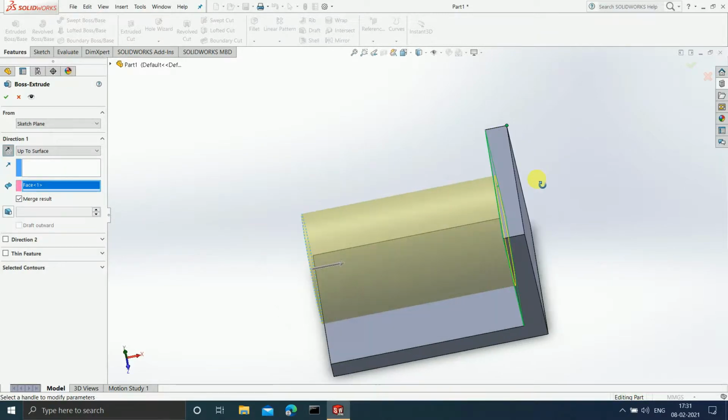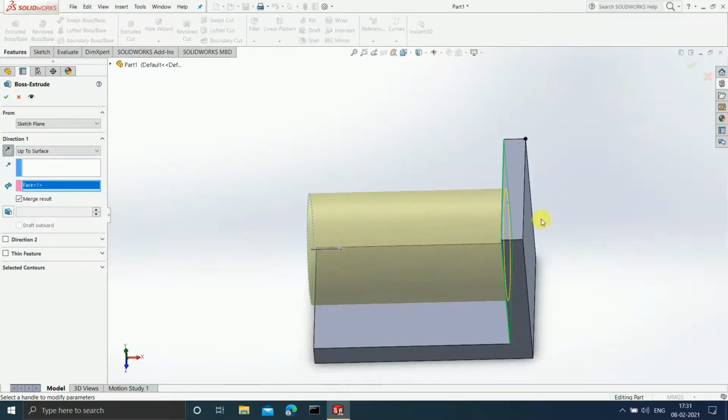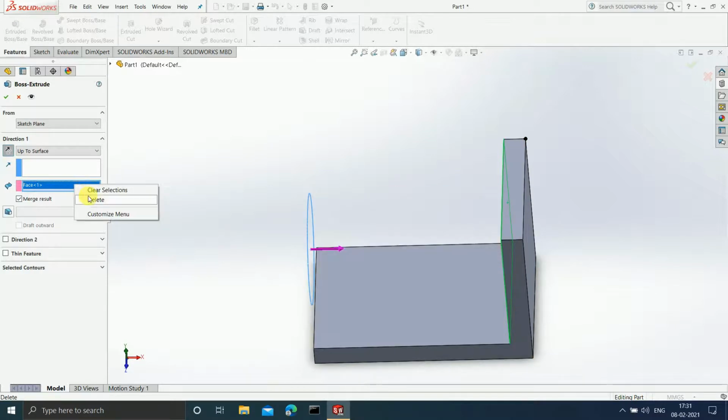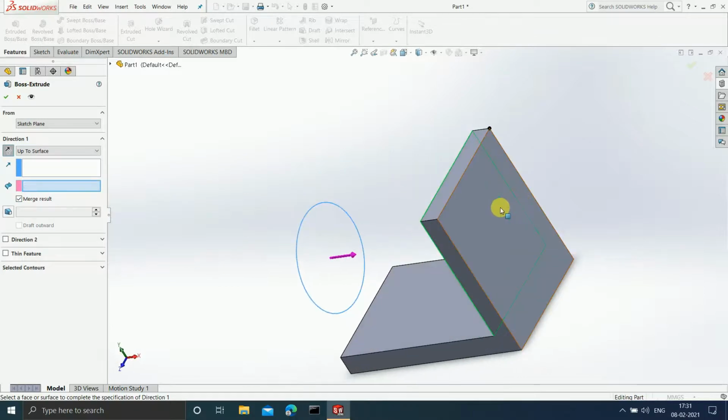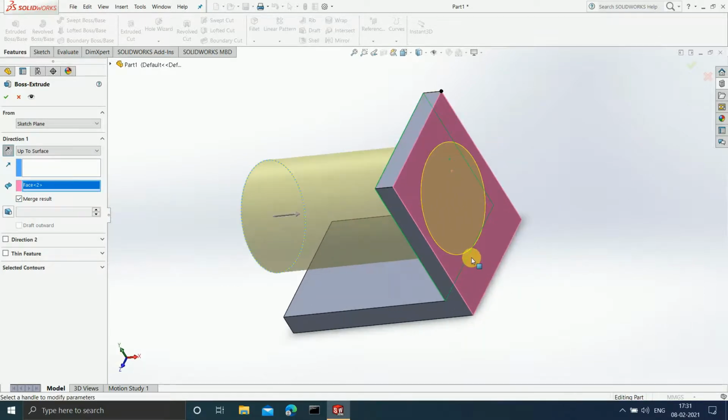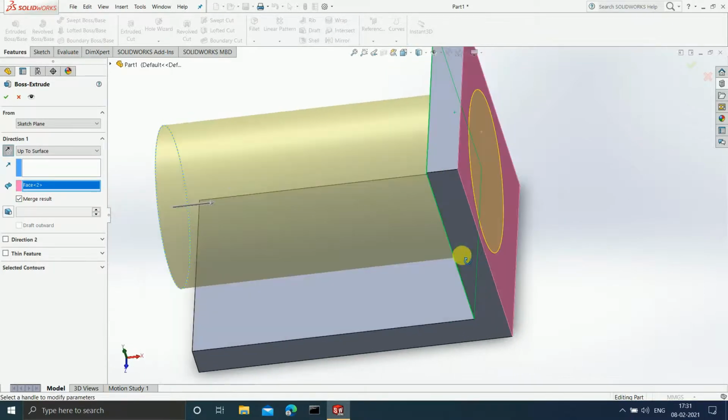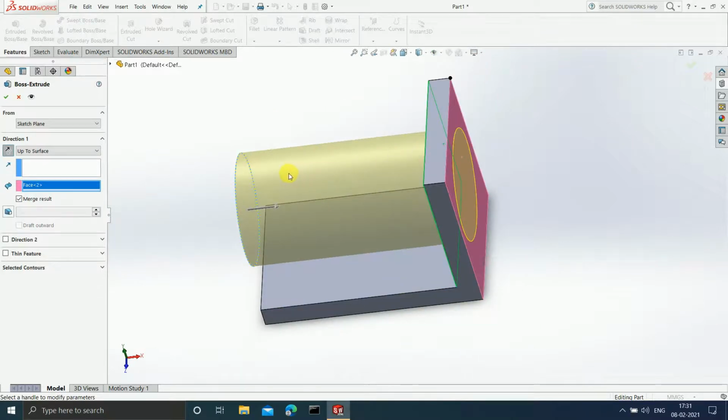Instead, I want to extrude my sketch up till the last surface. So I will right click on this, click on delete, and after that I will select this face. Now can you see, guys, that my sketch is going to get extruded up to the surface that I have selected. Okay, so I hope that you have understood the up to surface command as well.